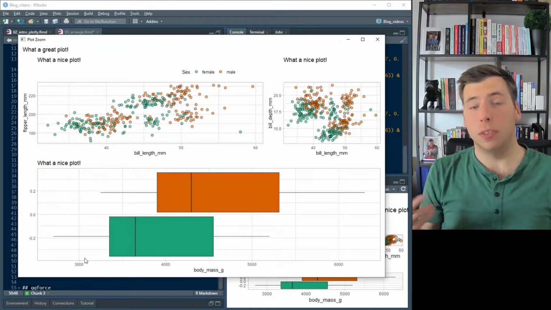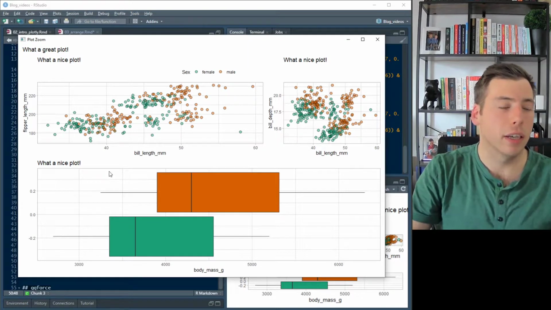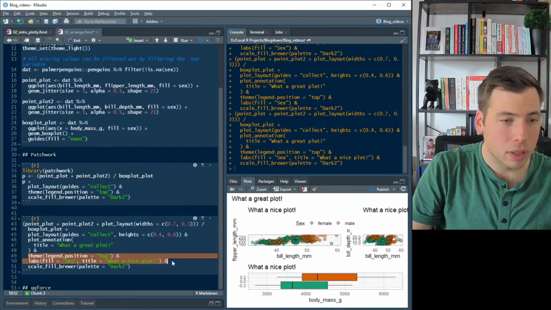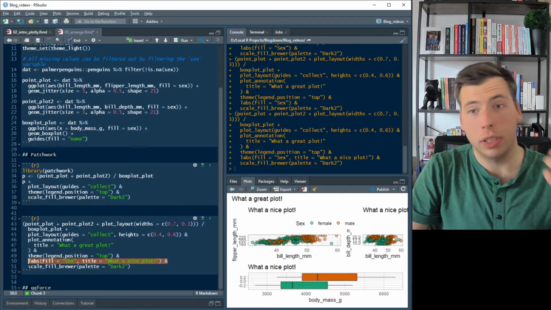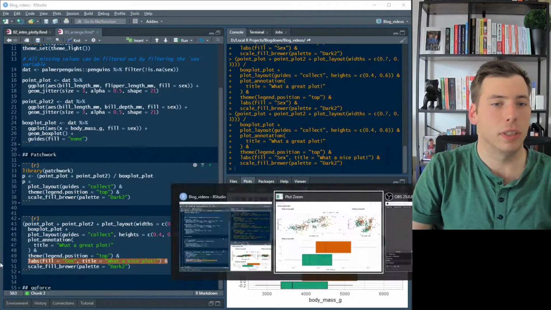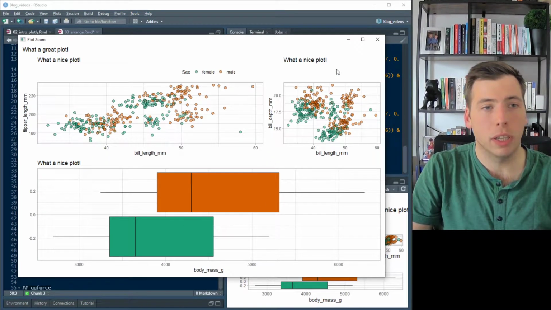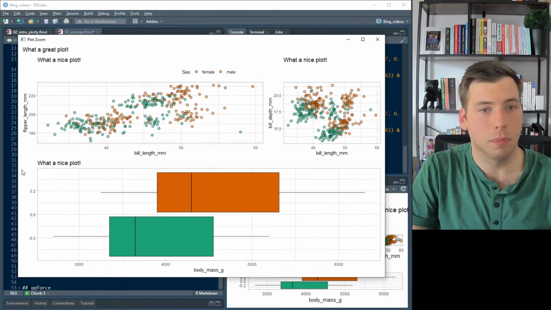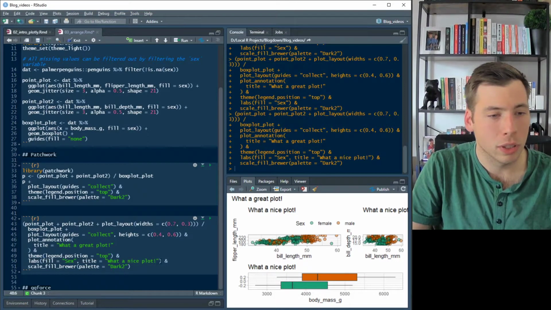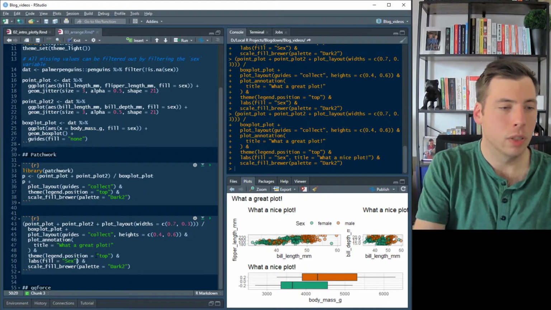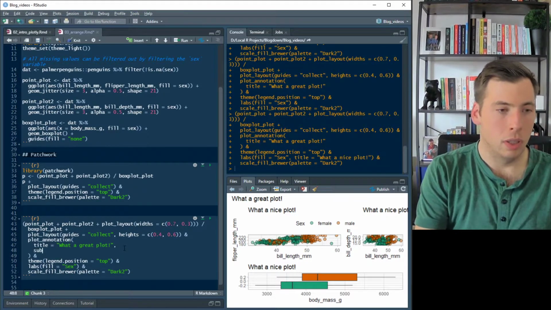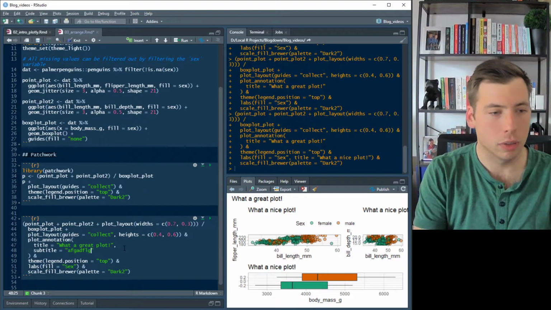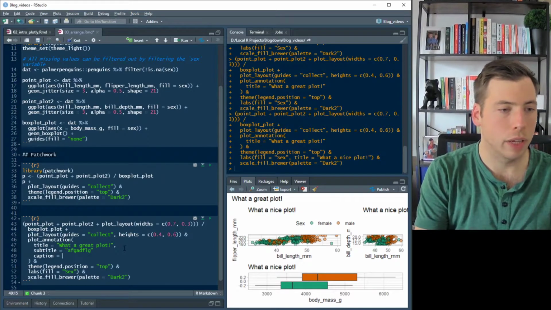Obviously not. The logic here, I think, is that this labs function applies now to each plot in our arrangement, and therefore each plot got a title, which is most of the time not what we want. So this is why we had to use plot annotation. By the same logic, we can write a subtitle, I don't know, just stuff. We could have a caption